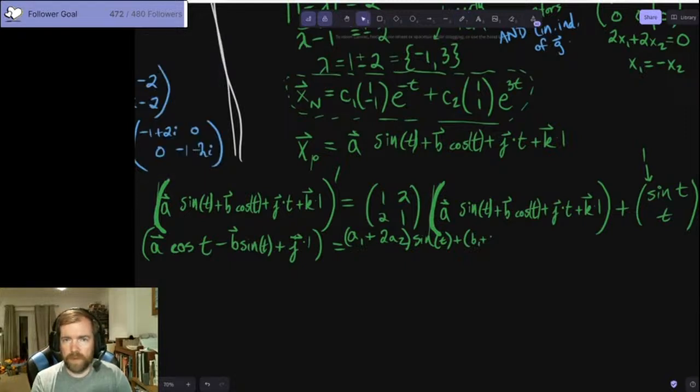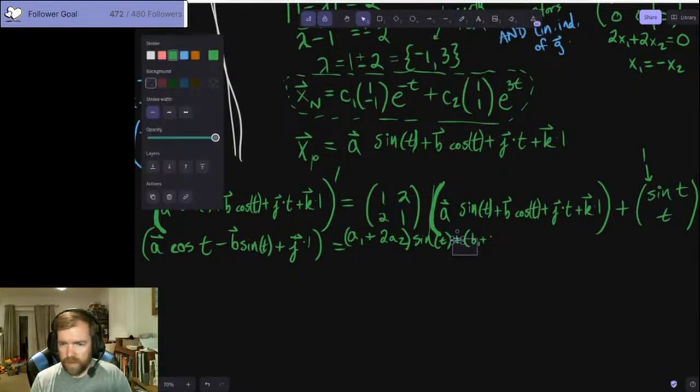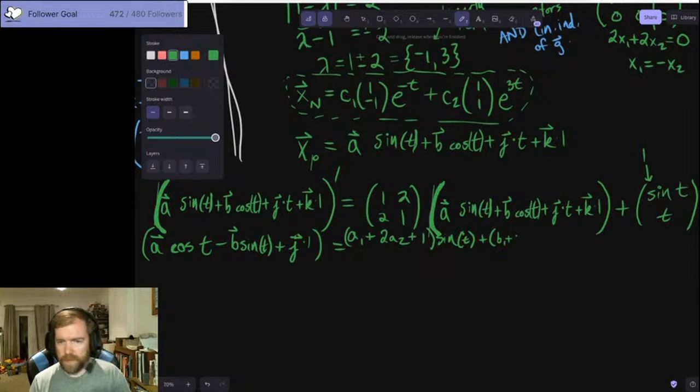Need to move all that stuff. Now you know what, we need to move all of it, so sine as well. That parenthesis as well. Alright, plus 1. Alright, b1 plus 2b2